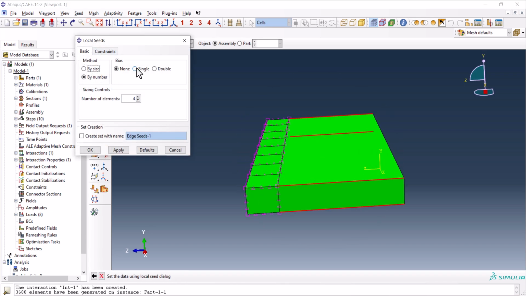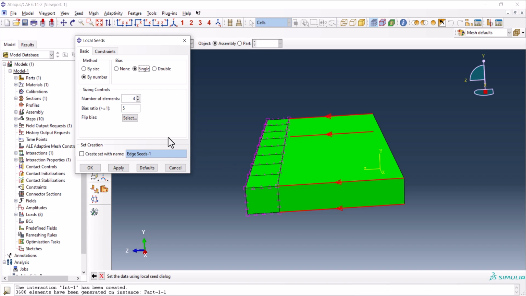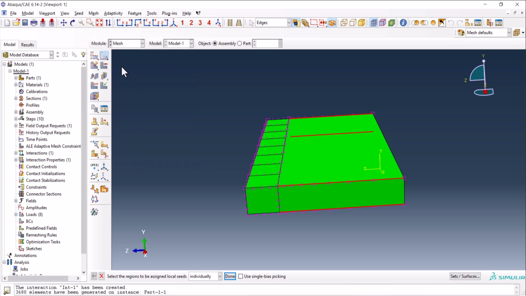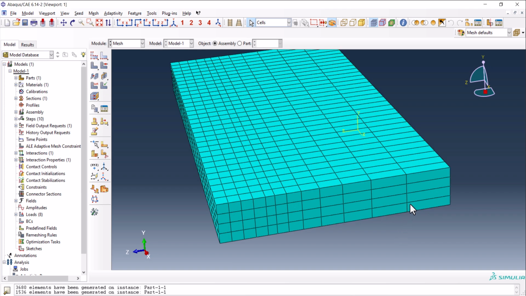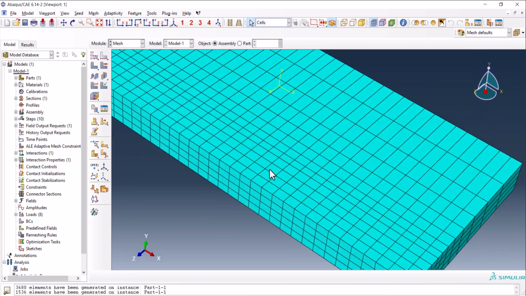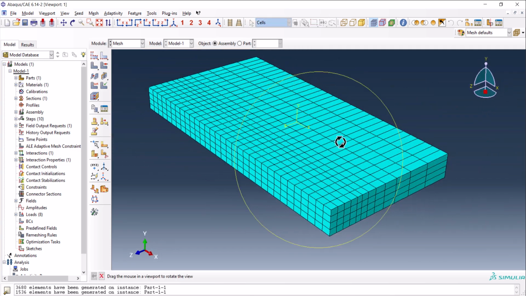Let's say single bias, and the number of them can be like 8, and we can mesh it, and as we see here we have a bias and the elements are smaller here. So the mesh is